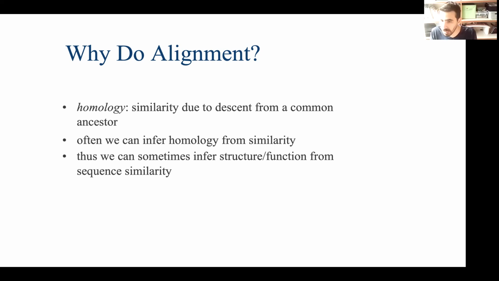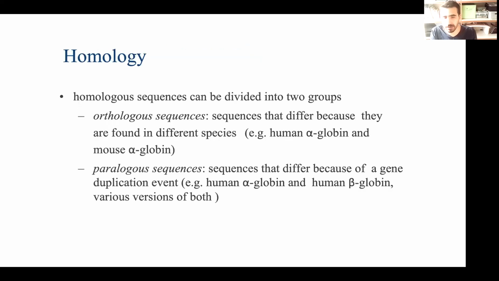And it's never going to be, because it's almost impossible to characterize all proteins and enzymes or receptors in the lab. So what we do computationally is infer homology, and we at least have an idea regarding the function, because we studied human protein X in the lab. We haven't studied horse protein X, but because they are homologous, and if the degree of homology is high, then you say that probably this horse protein has the same function as the human protein. So it gives us information regarding the function and structure of unstudied proteins.